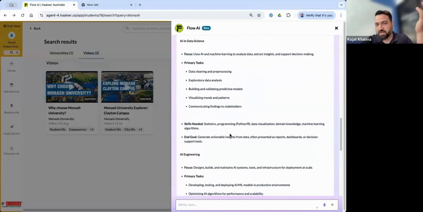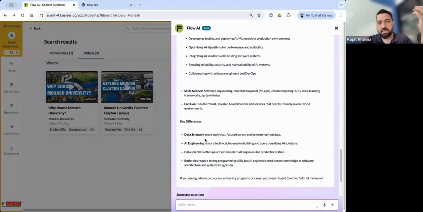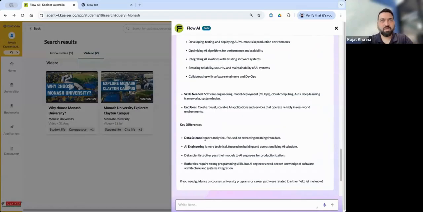What are your primary tasks? What are the skills needed? And AI engineering looks like this. These are the key differences. So if a student walks in your office and they are confused, you simply say, okay, what is your real concern? So apart from your domain expertise, you can have a lot of good data points you can use